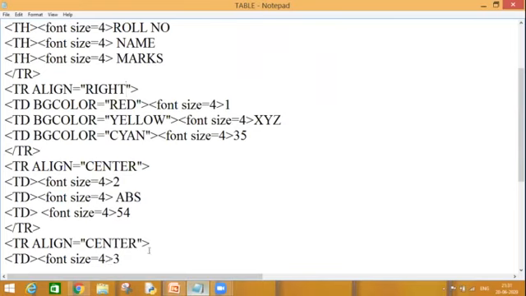If I want to align my data, I'm going to do the changes in the same row. TD VALIGN is equal to top. So vertical alignment, I want to set the vertical alignment of this particular cell to top.